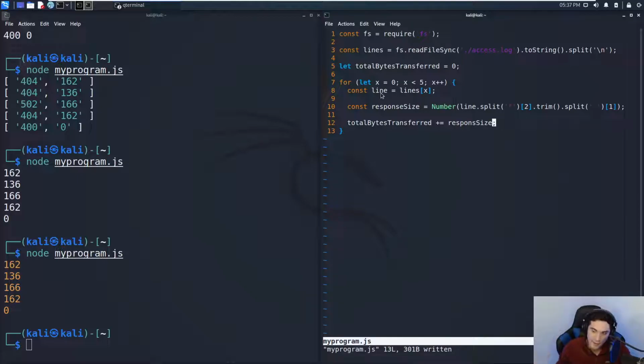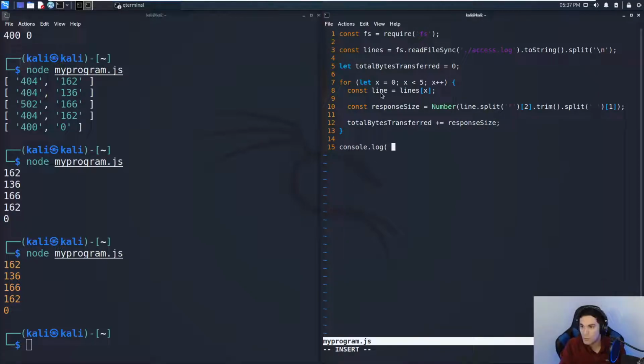So every time we go through a line in the file, we're pulling out the response size, and we're adding it to our tally. And then at the very end, once we've gone through the whole thing, we can print out the total bytes